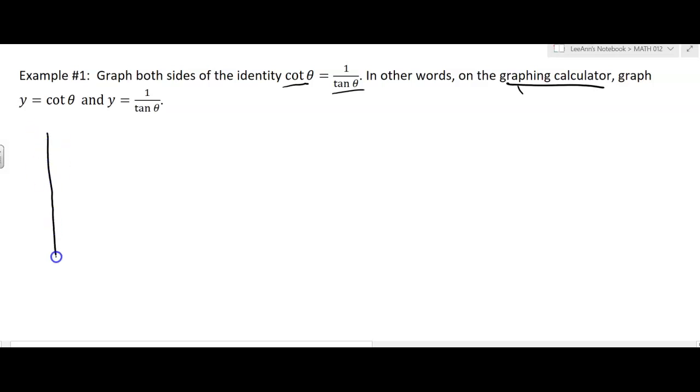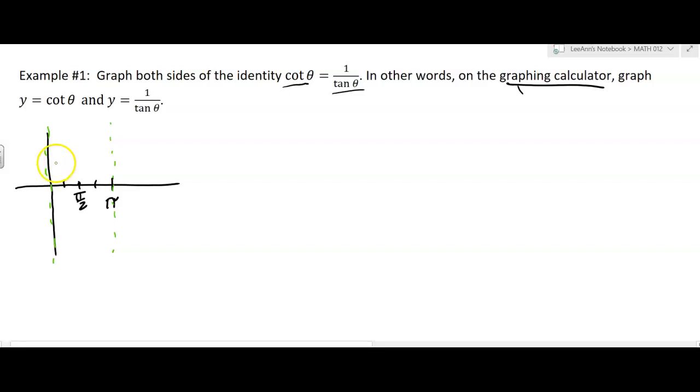We've done the graph of a cotangent theta, and so it starts with an asymptote at 0. If I just do one period, the period for cotangent is pi, and so I'm going to have another asymptote here at pi, and then if I want to think about halfway in between, pi over 2, I'll just write that in. And then halfway in between and halfway in between, those are going up to